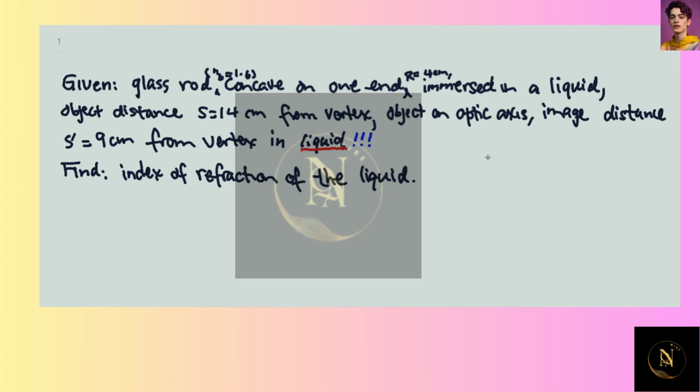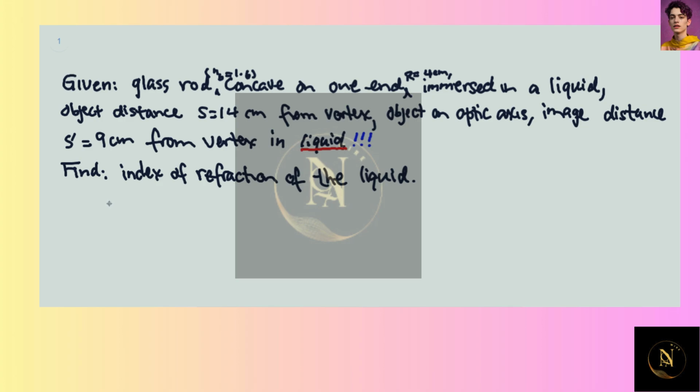An object that is 14 centimeters from the vertex. The object is on the optic axis, and the image is formed at 9 centimeters from the vertex, but in the liquid. And it's important that we know that the image is in the liquid and not in the glass. So,